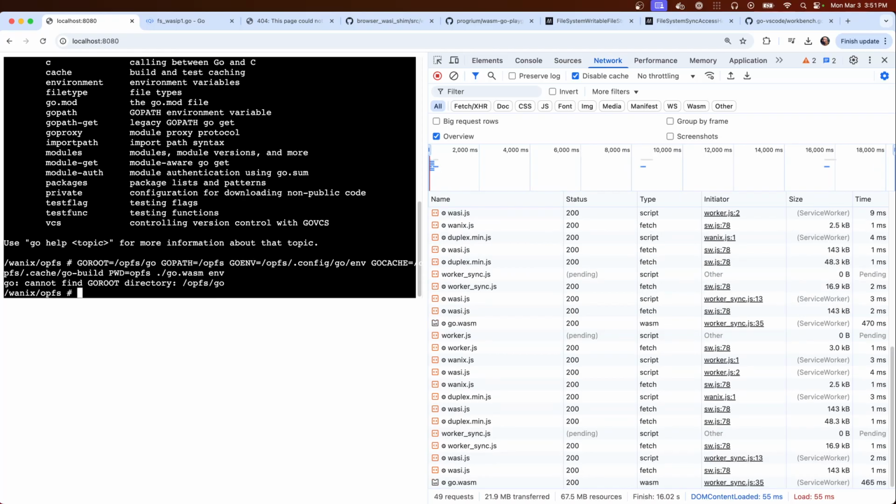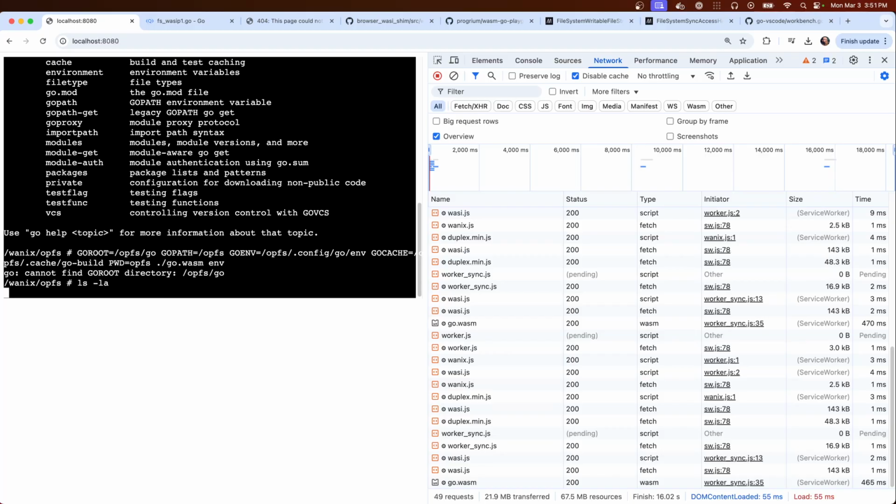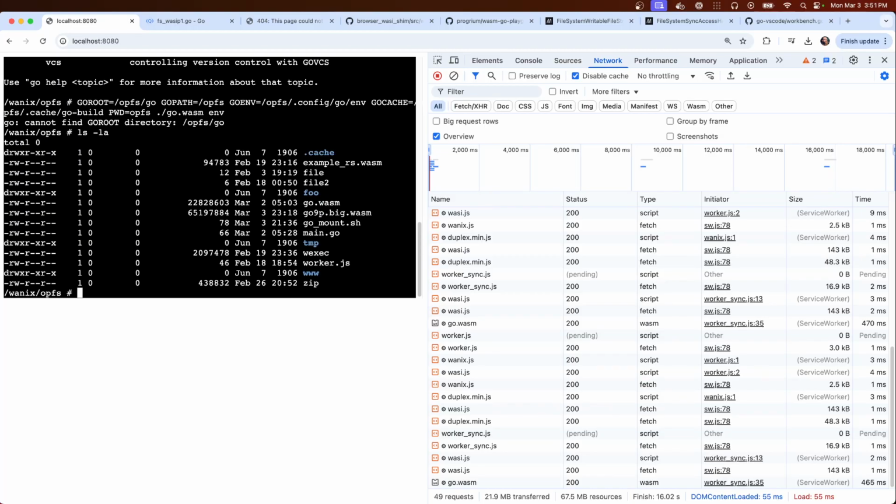Ugh. Really wish we could make it a script. I mean, I guess we could just make all files executable in OPFS.